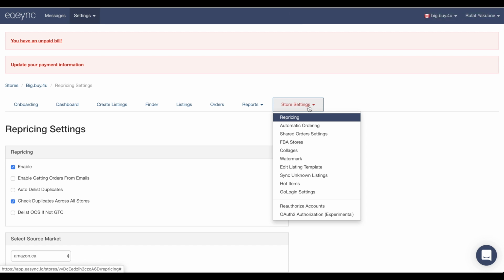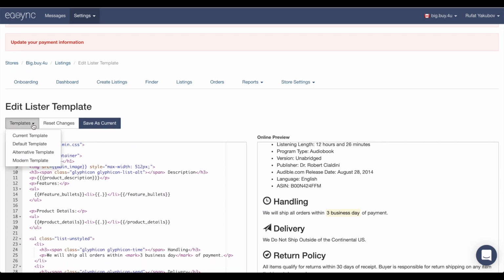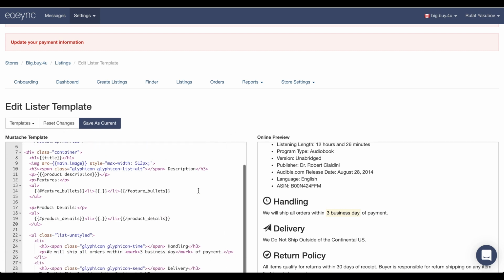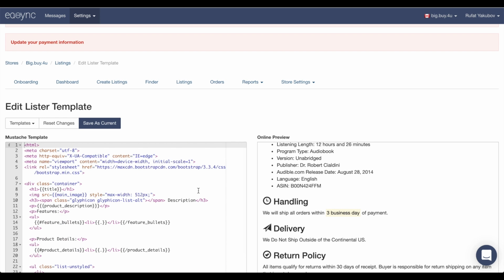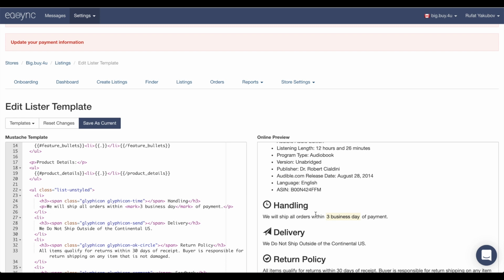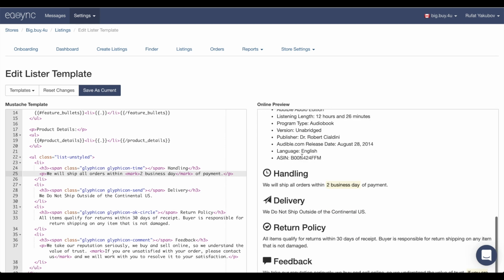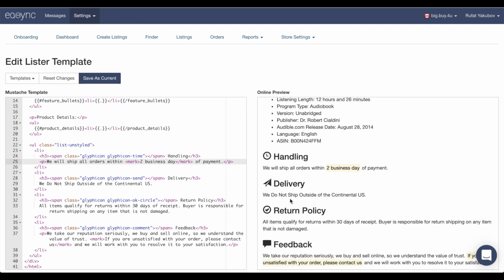Also, let's see about your template. I think I used the modern template here. And as you may know, in Easync you can edit your HTML template just by your business policies about handling days. I think we change it to 2 days. Let's do it live. About the delivery, we see that we do not ship outside of continental USA, so we can change it to outside of